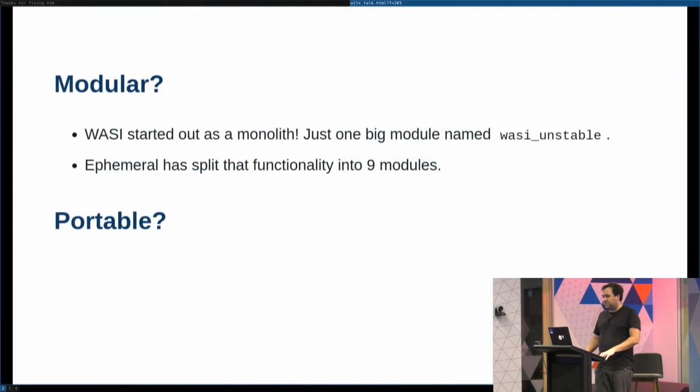It was one big WebAssembly module called WASI Unstable. The name was very deliberate to give you no promises that it's staying in its current form. But it was just one big module. And the goal was to make it many different modules, and that supports making capabilities of what kinds of things you can access and do much finer grained, and to make certain systems be able to support certain segments of it.